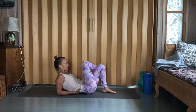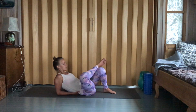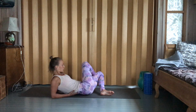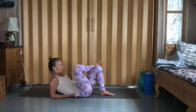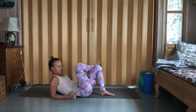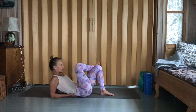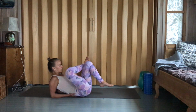We practiced zero resistance last week a little bit, so we're in a similar principle. Resisting as little as possible, just allowing the movement to happen. So we're dropping the legs here. Maybe you're doing gentle movement back and forth with your right knee, but keeping the resistance around your hip joint as minimal as possible. Releasing the joint with gentle movement, doing side to side, back and forth, even lifting your